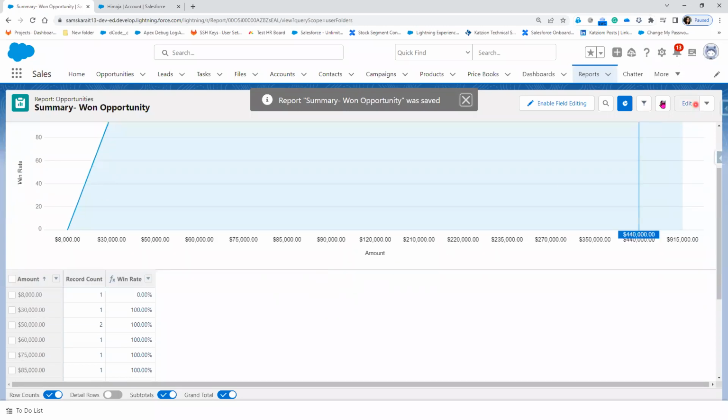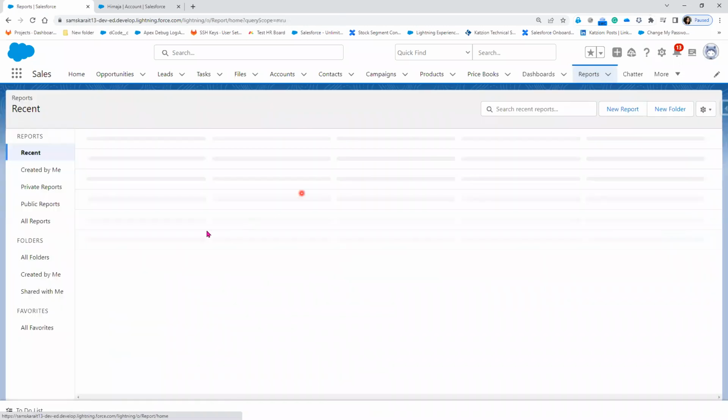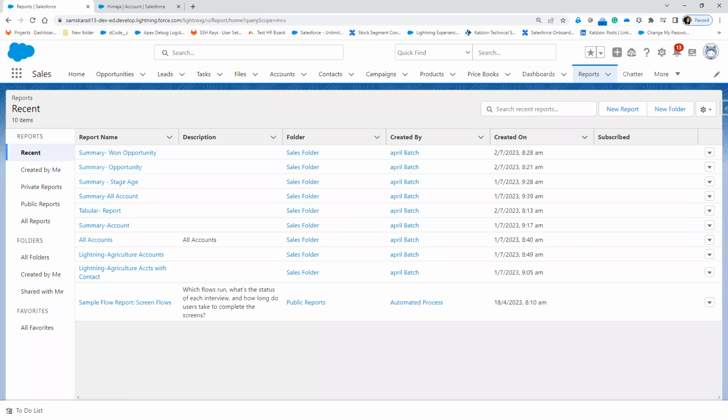Now let's go to the report. So far we have created two summary reports on the opportunity. In case you wanted to know, let's take an assignment. So the assignment is